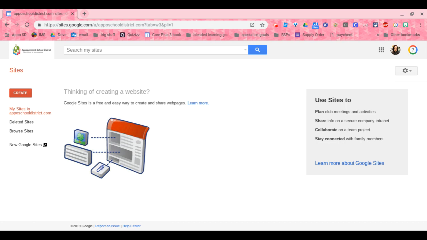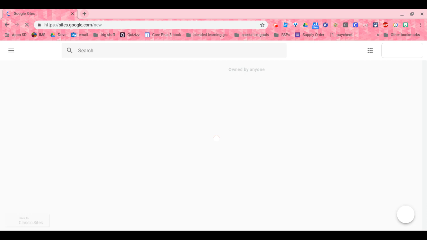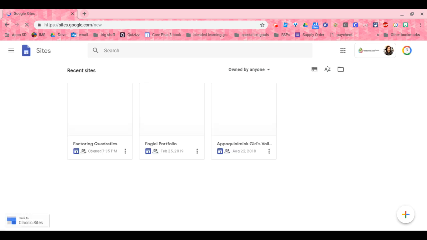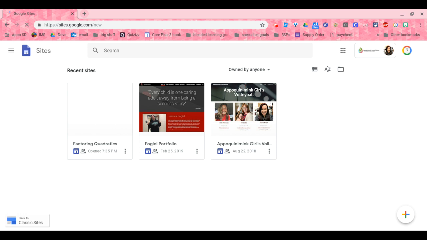you have had, but Google has recreated Sites and now has new sites and classic sites. So if you would want, you can click on the New Google Sites tab, and it'll show you any of the new Google Sites that you have. So right now I have 3 of them in here, but I want to be able to create a new site, so I'm just going to go back to Classic Sites,